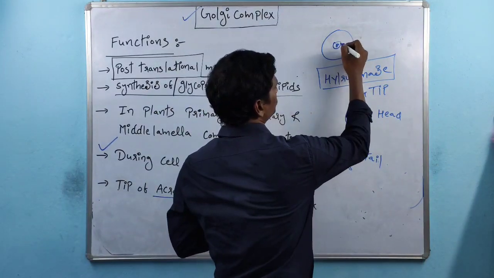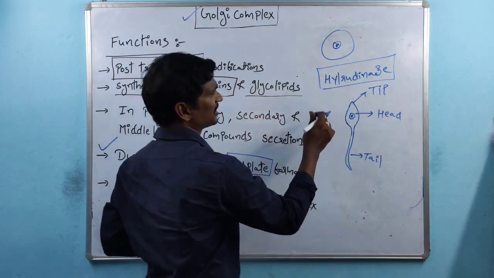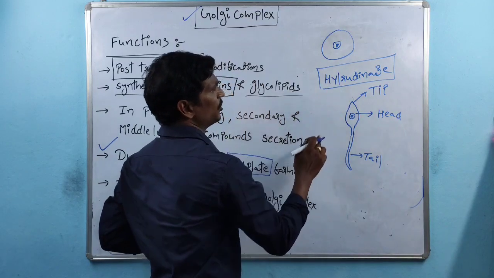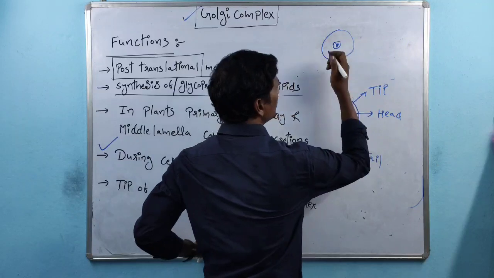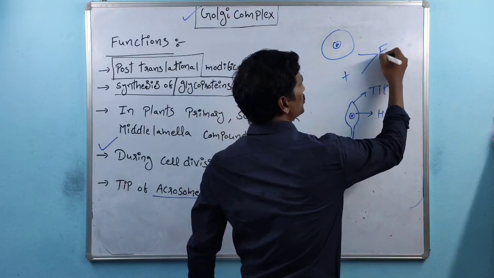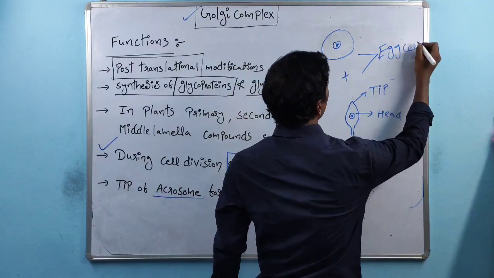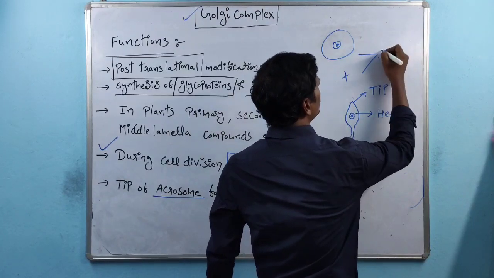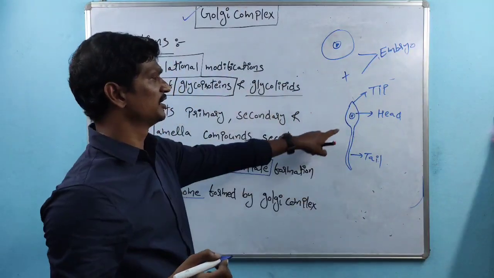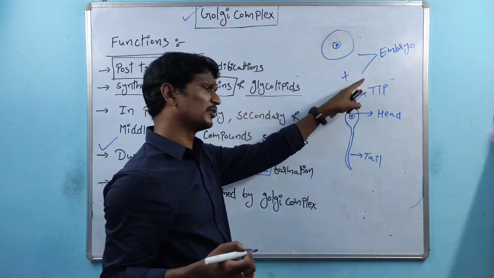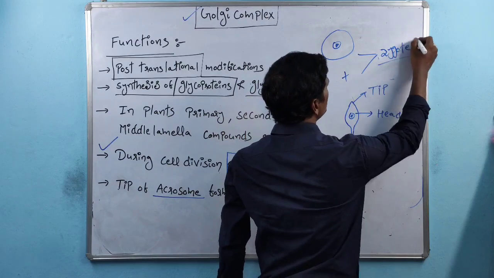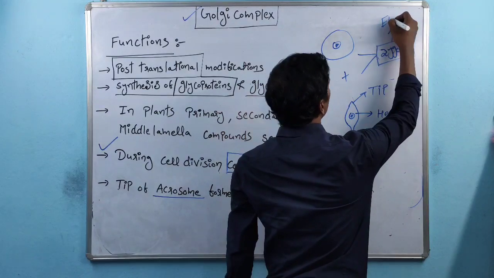This is the nucleus, and this is the nucleus. So the membranes are there, and the membranes are degraded, especially by that hyaluronidase enzyme. Once that degradation takes place, fusion takes place between these two. Once the fusion takes place, this forms the egg cell, that is, the embryo. So what I am telling here is that the fusion of sperm and egg cells forms the embryo. Not directly the embryo; a zygote is produced first. The zygote is developed into the embryo.